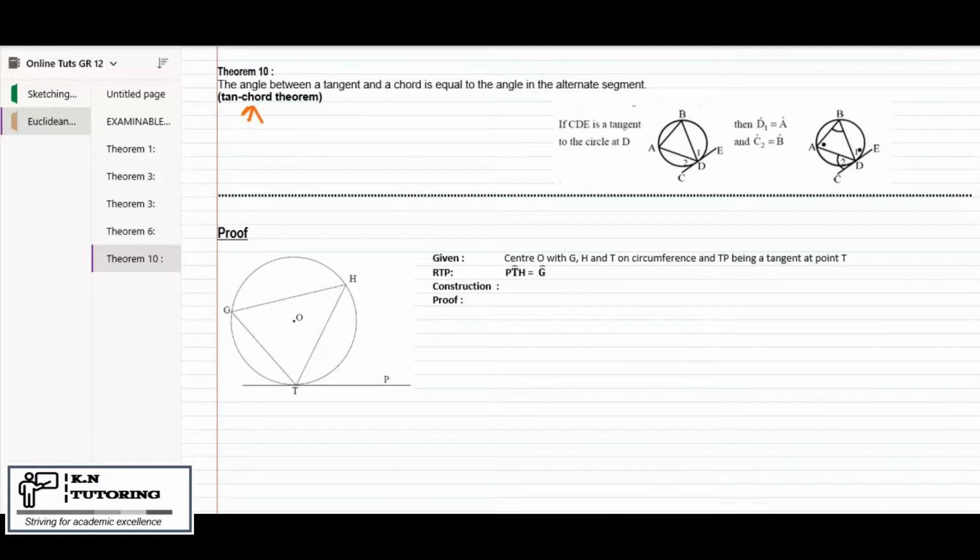Okay, so let's look at the diagram. Let's also read the theorem again. It says the angle between a tangent and a chord is equal to the angle in the alternating segment. This takes me back to my first lesson, where I explained what an alternating segment is and what makes a circle have 2 segments. I mentioned that if you've got a circle and a chord, the chord divides the circle into a minor segment and a major segment. The theorem is saying that if you've got a tangent like that,